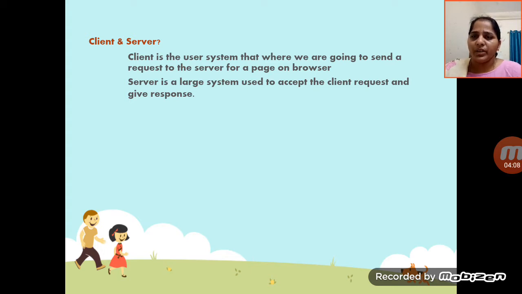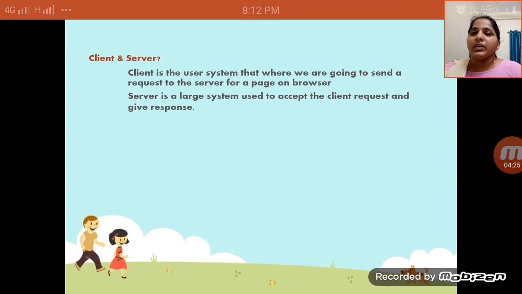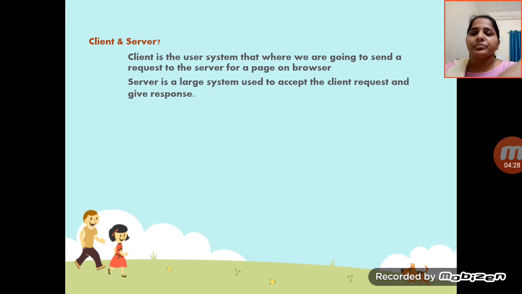Whenever I use a user system, that is a client, and from it we send a request to the server for a page on the browser.